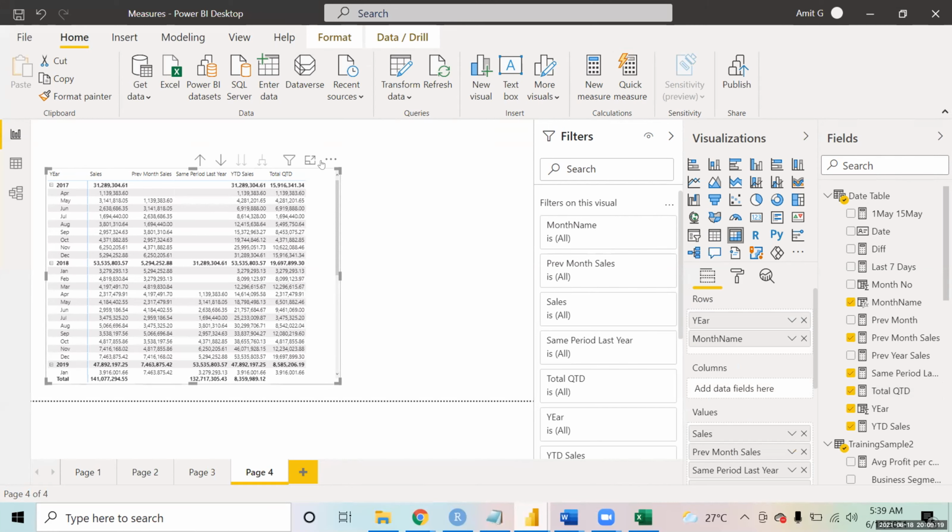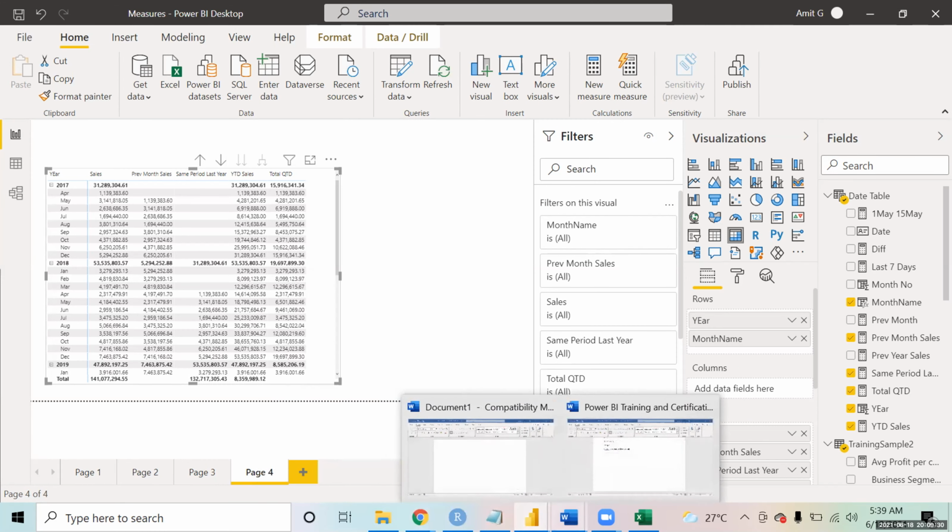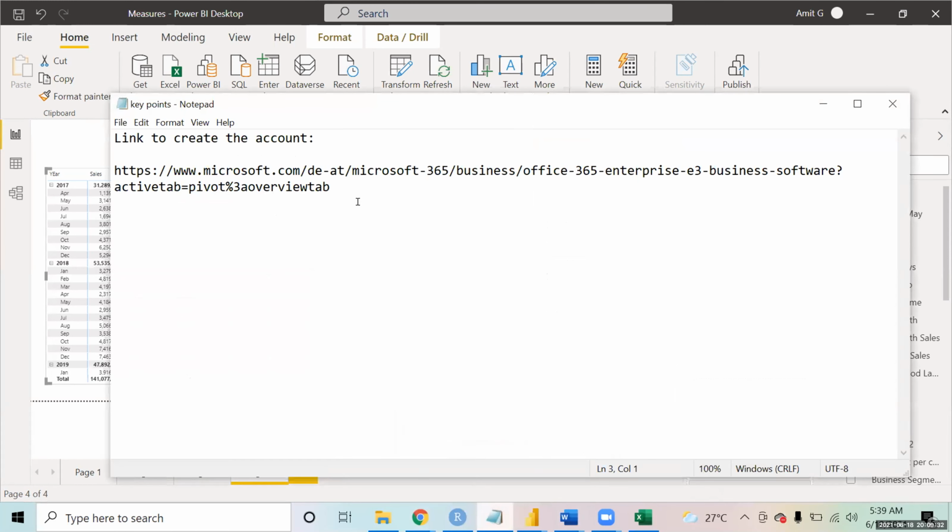Okay. So the next functions, these are basically the time functions, which you can use to do quick time-based calculations. Now, similarly, we have some functions which we call iterator functions. These functions end with x.